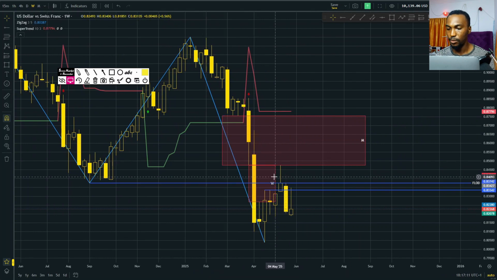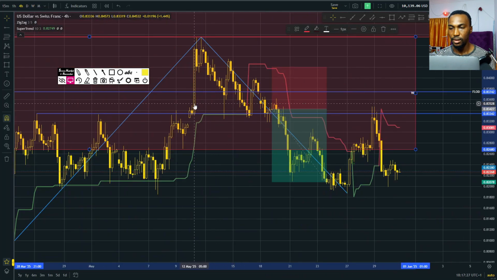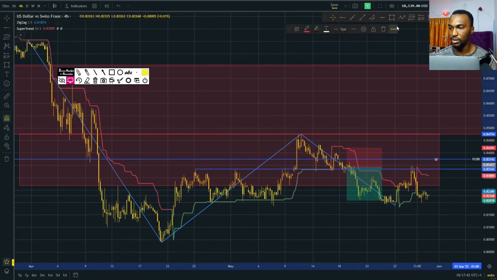On the weekly, we had this fair value gap which has been mitigated, which is actually now being respected, very respected. Let me just show you the weekly fair value gap being respected. So you can see it right here, and you go down to the 4 hours and you can clearly see I actually made profits from this market. This is the market I traded for a 1.74 risk to reward ratio. You can see the strong fair value gap into the fair value gap inside the weekly fair value gap. I'll hide this for now.